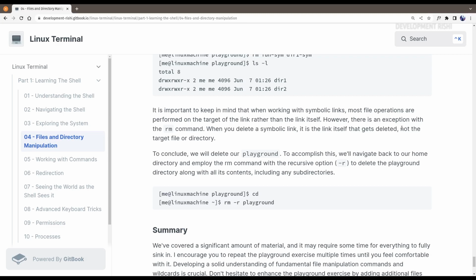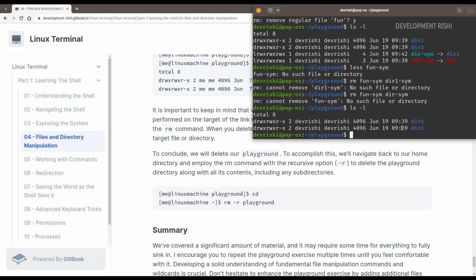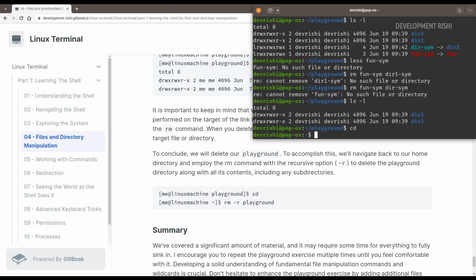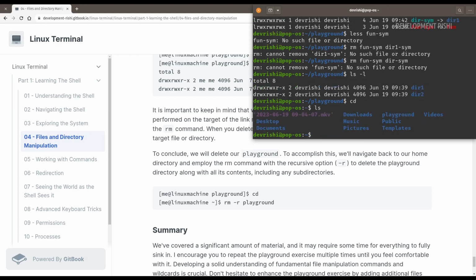To conclude, we will delete our playground folder. To accomplish this, we will navigate back to our home directory and employ the rm command with the recursive option -r to delete the playground directory along with all its contents, including any subdirectories. To remove our playground directory, we'll move back to our home directory. To confirm, we'll just type ls, and as you can see, we are back in our home directory,